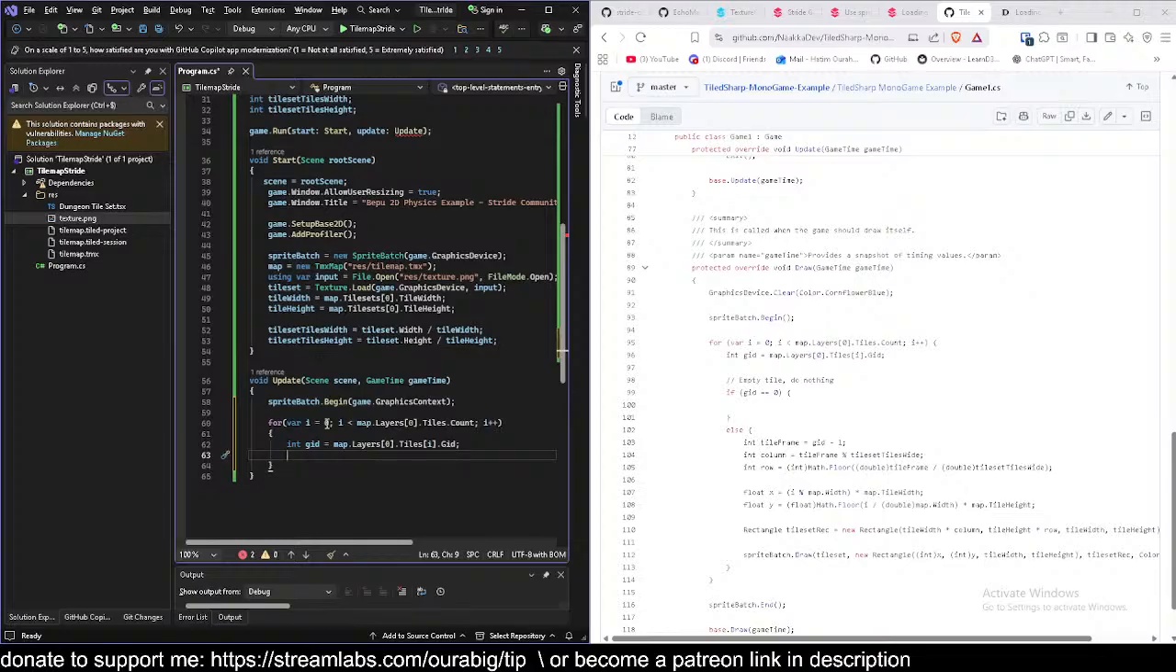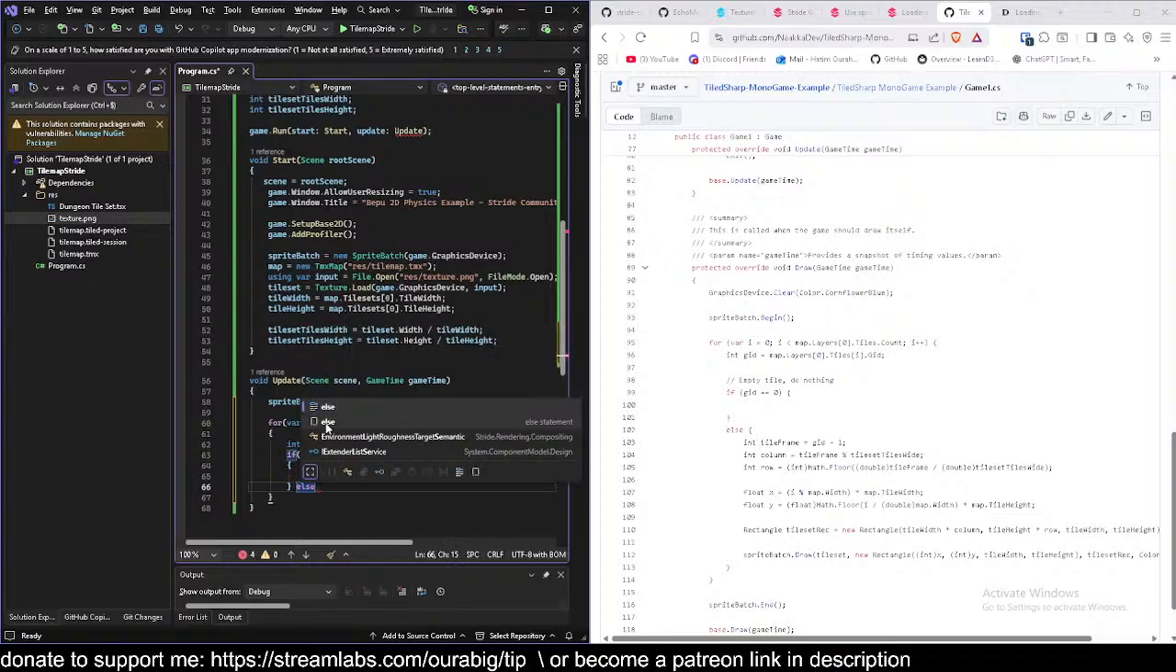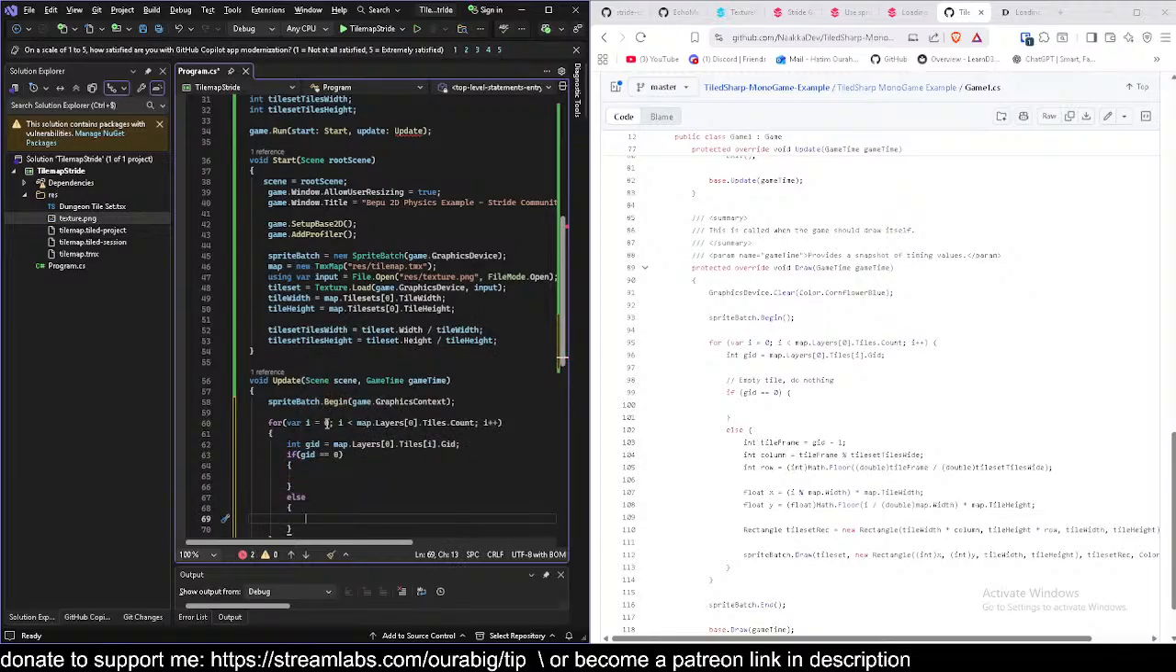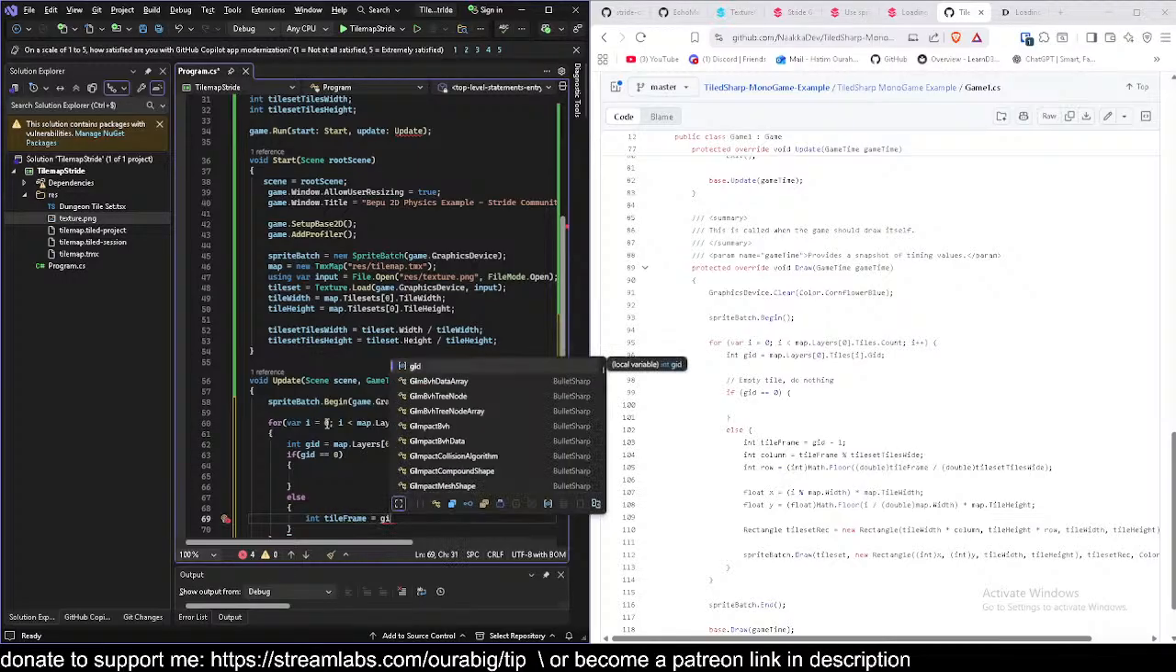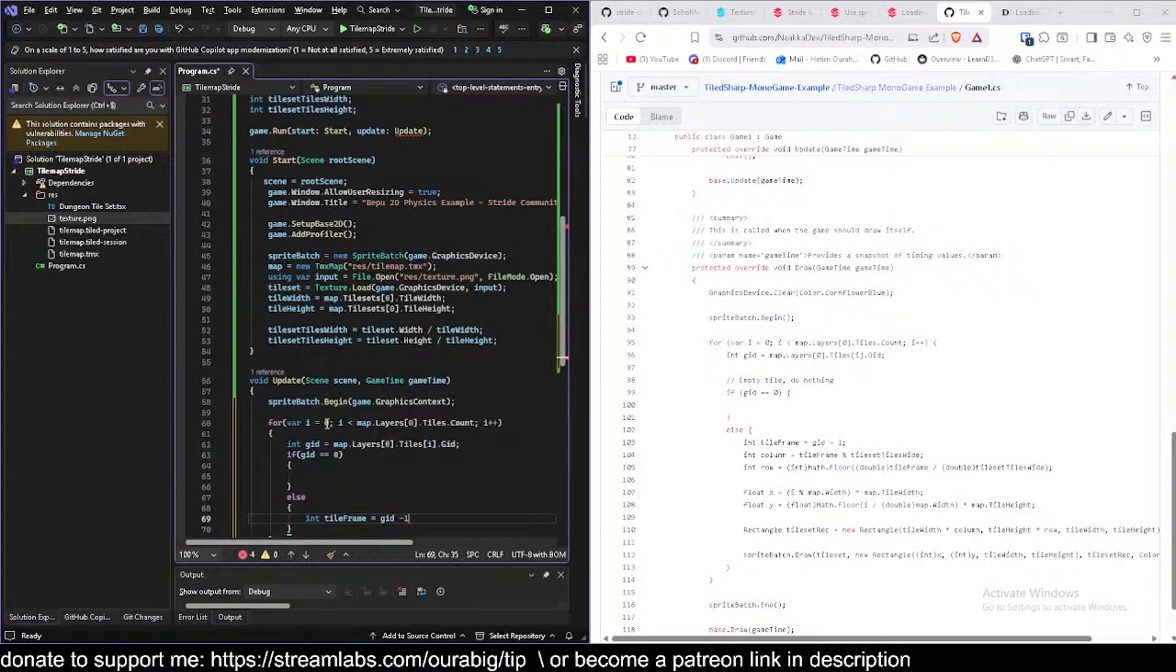Empty tiles do nothing, so if get is equal to 0 we are going to do nothing, and else we are going to do something, which is int tile frame is equal to get minus 1 and int column is equal to tile frame modulo tile set